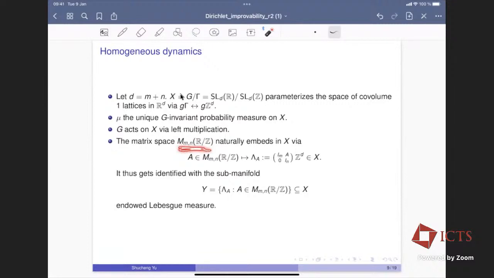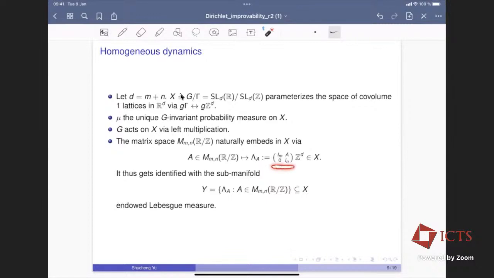The reason this homogeneous space is related to Diophantine approximation is that the metric space we care about naturally embeds in this bigger homogeneous space. So here's the embedding. Whenever you are given an n by n real matrix A, I can attach a unimodular lattice to it, and how do I do it? I consider this bigger